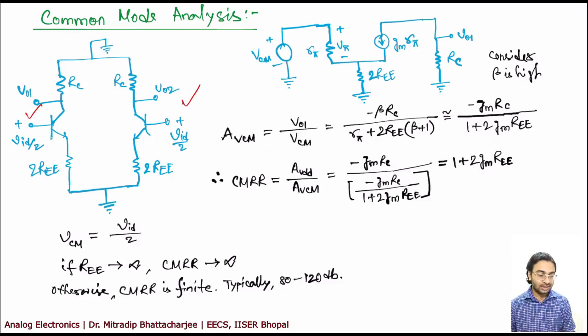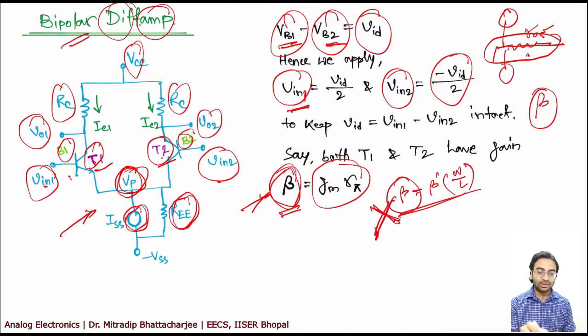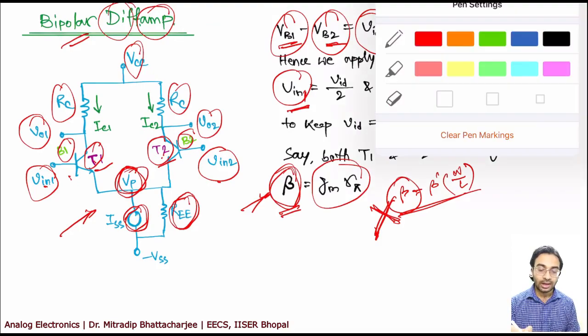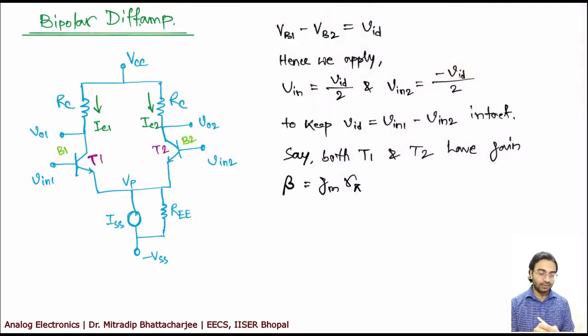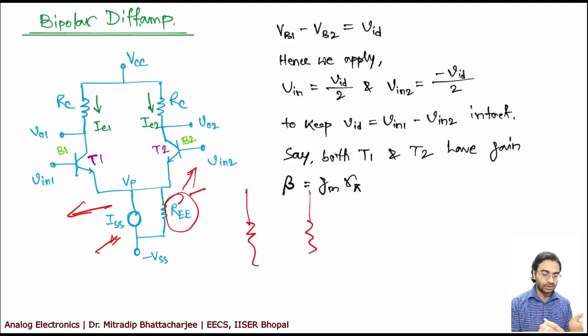Is that okay? Now that is why we always do a common mode circuit analysis. Okay, so if you see in this circuit, you had this resistance, right? So we are actually considering a non-ideal current source case. So you have REE associated with this current source. So if I divide this REE in both the sides, in T1 as well as T2, we can consider that in both the sides, because they are in parallel, you have 2 REE.